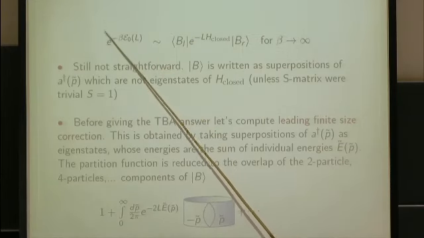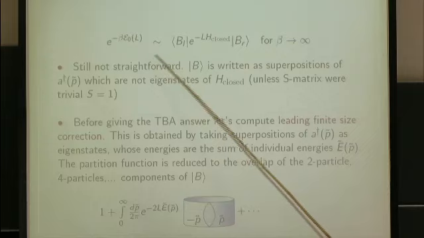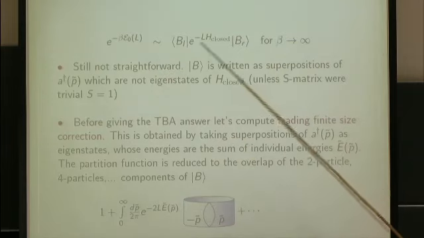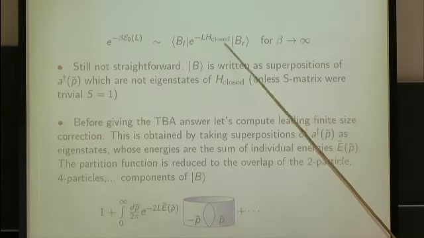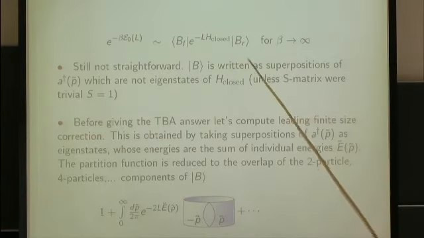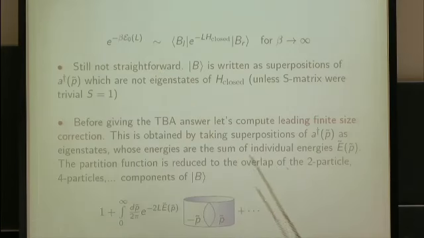Take the beta going to infinity limit, and then this expectation value of the propagation from initial to final state, in the limit in which we can solve this exactly using Bethe ansatz, is going to give us the energy of the ground state, which eventually in the L going to 0 limit is going to give us the cusp anomalous dimension. Still, this is not straightforward because